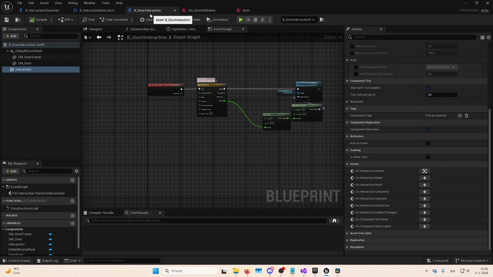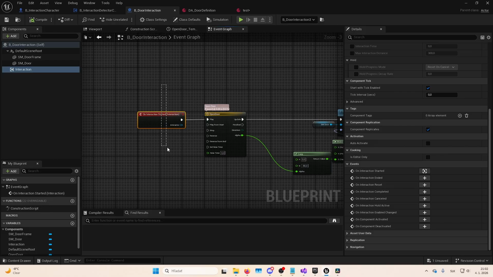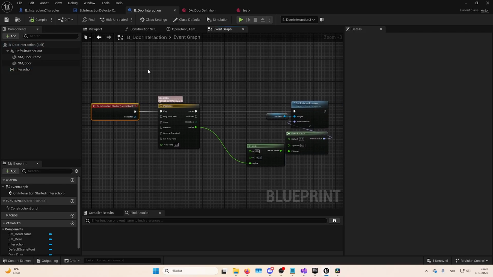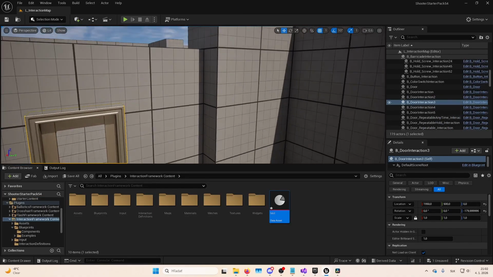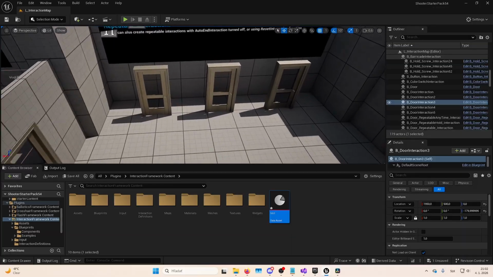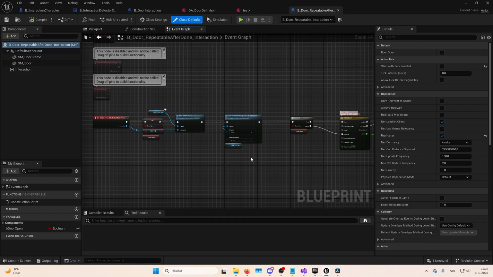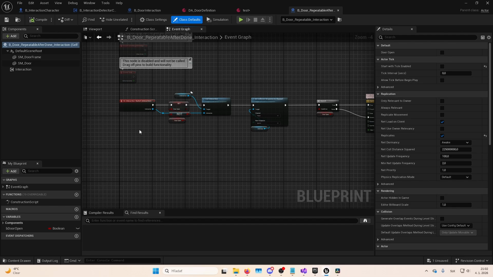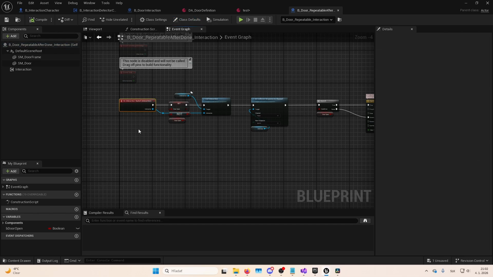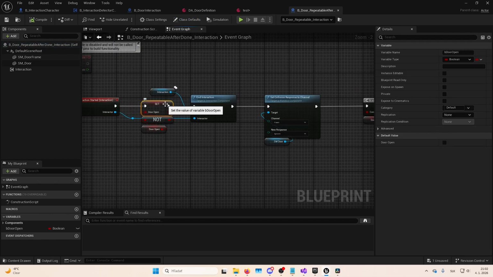For example, in the door interaction, I have implemented the onInteractionStarted event, on which we are just playing the timeline component and setting the door relative rotation. So basically we are opening the door. However, if you look at more complicated code, for example, this door, which is considered to be the repeatable interaction, as you can see, we have already the onInteractionStarted as well. However, we are setting the state of the door. So if the door is open or closed,